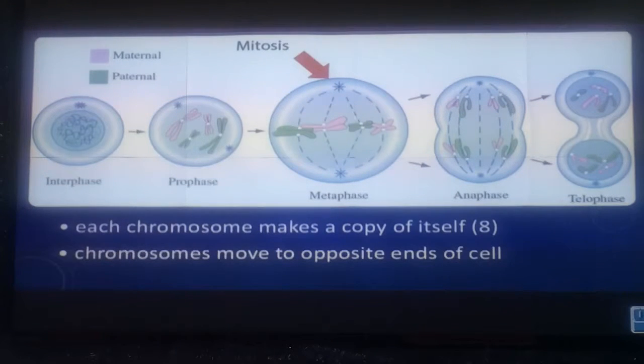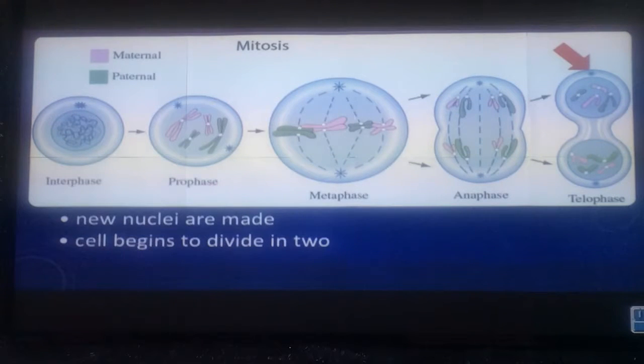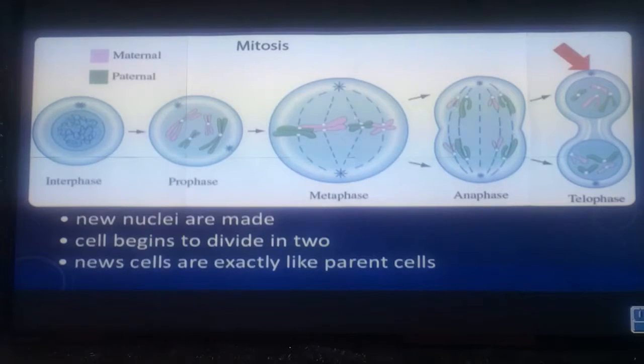In the next part, the chromosomes will move to opposite ends of the cell. In the next part, at each of the opposite ends, a new nucleus is made. The word nuclei is plural for nucleus. So each part of this reproduction is making a new nucleus. And then finally, the cells begin to divide in 2. When you are finished with mitosis, you'll have 2 brand new cells, each with 4 chromosomes that are exactly